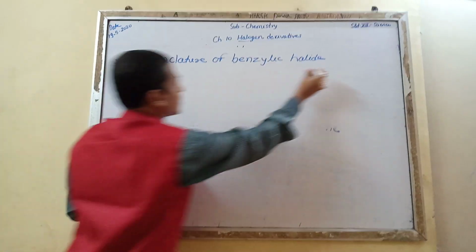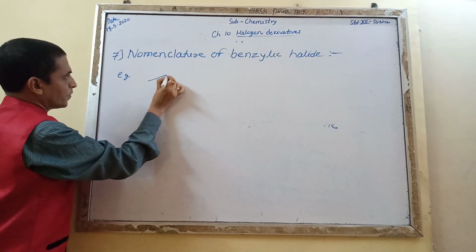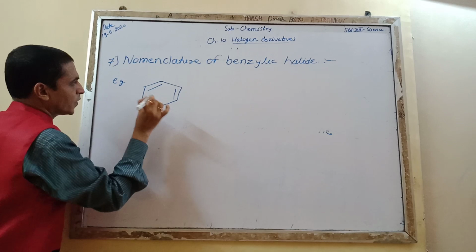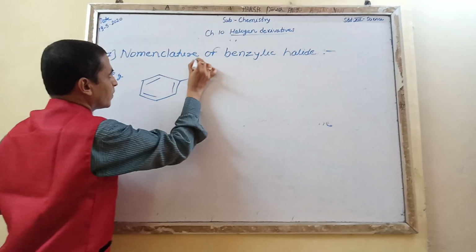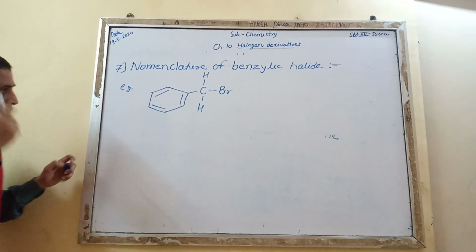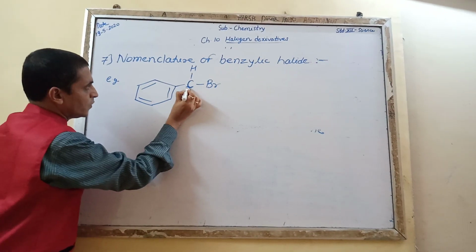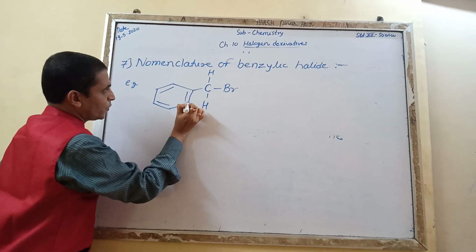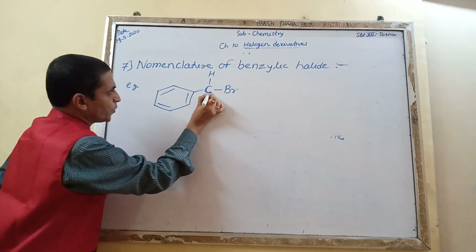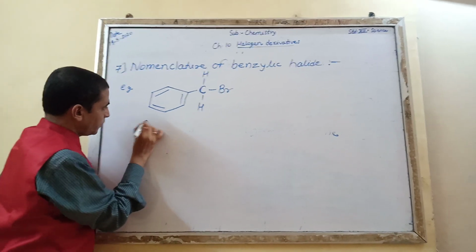See here, this is again an sp3 hybridized carbon atom, which is next to an aromatic ring. So it is what? Benzylic carbon atom. So its common name can be written as